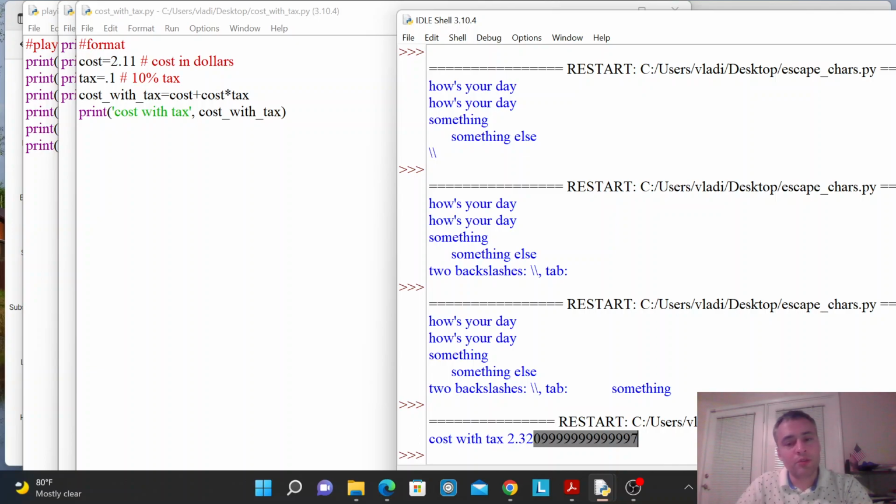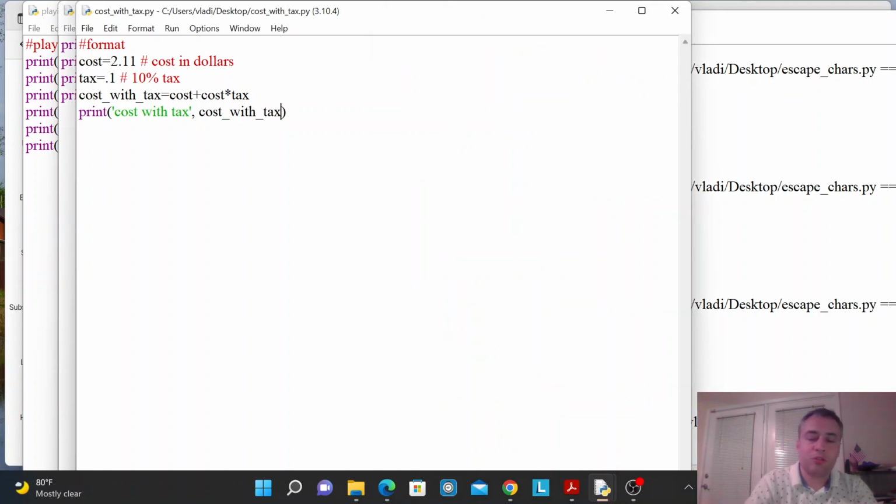So this is where the rounding comes in. So it will be $2.32. That's what I would want it to be. Dollars. I'll just put a dollar sign. All right, and that's where I want to use format. So I want to format this variable for the purpose of printing. I can do it inline, or I can do it yet again